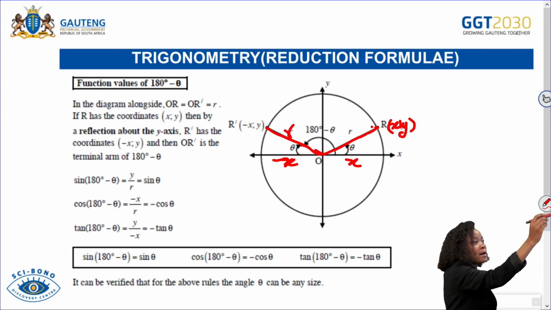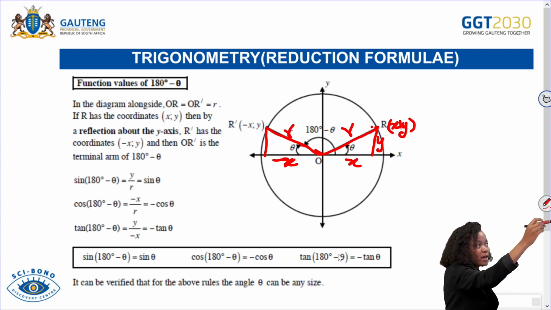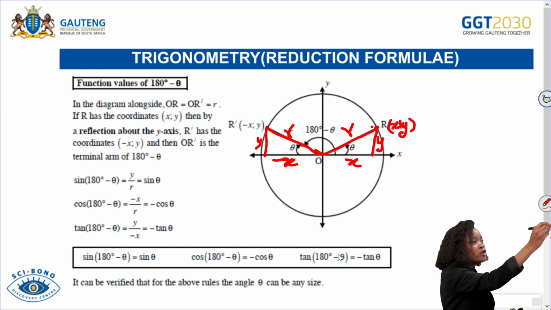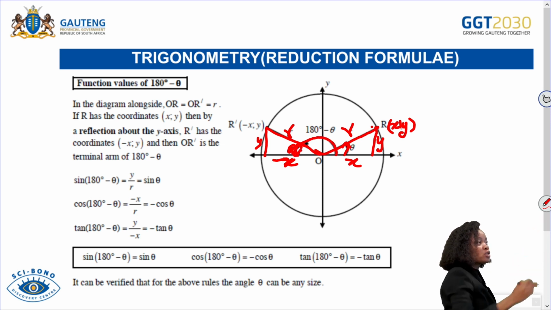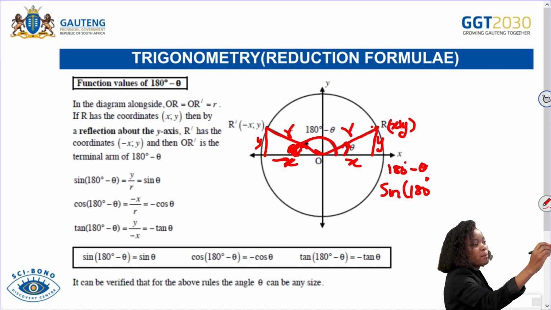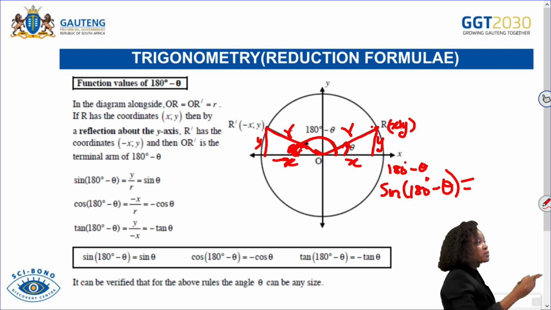This is your r and this is your r, which is your hypotenuse side. If you were to draw a right-angled triangle, the value of y is going to be positive, and it's still above the x-axis. Let's say they ask us to find this angle. From here going to this side gives you 180 degrees, so the small angle is 180 degrees minus theta. So sine of 180 degrees minus theta equals, if I'm looking at this right-angled triangle, remember we are looking at this angle,